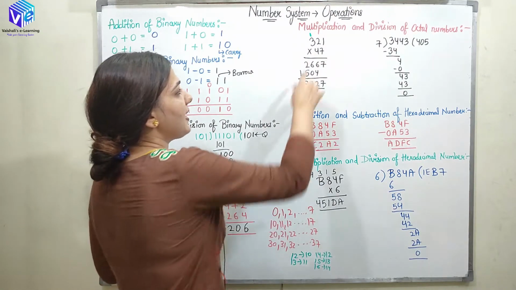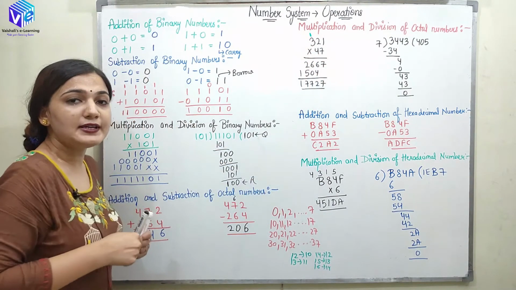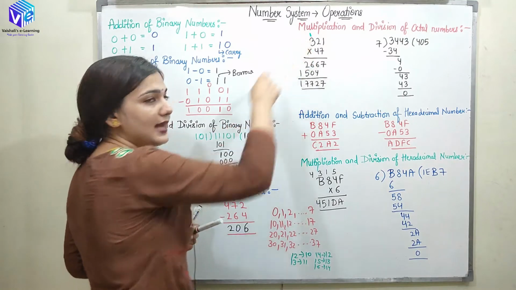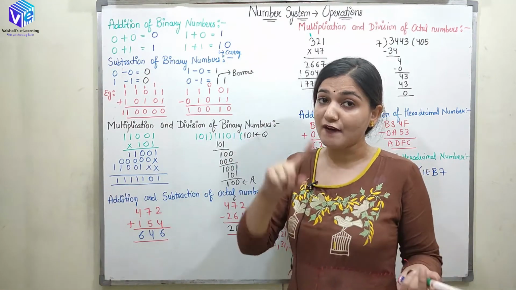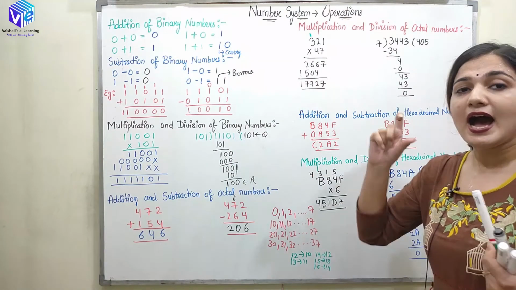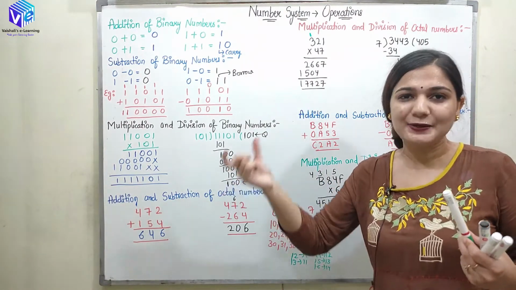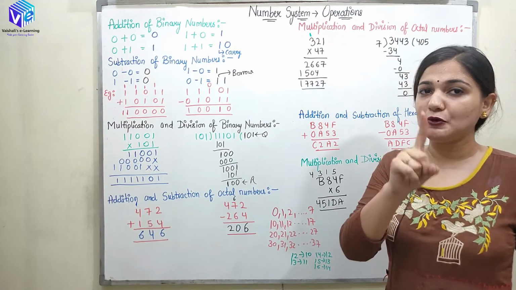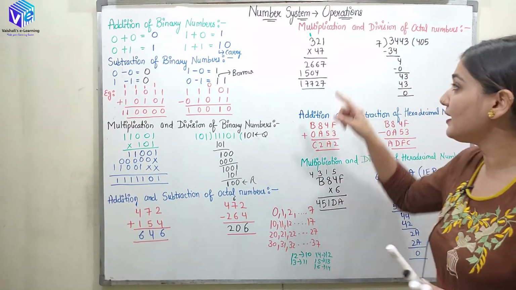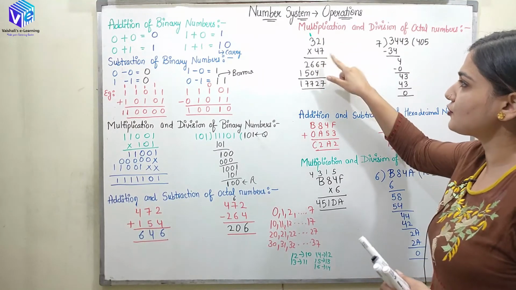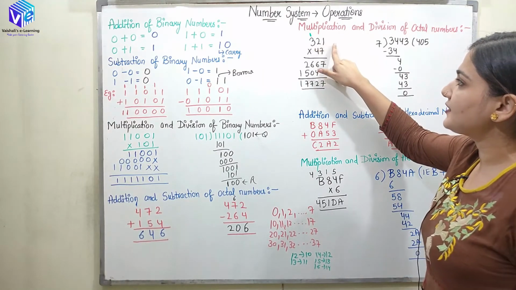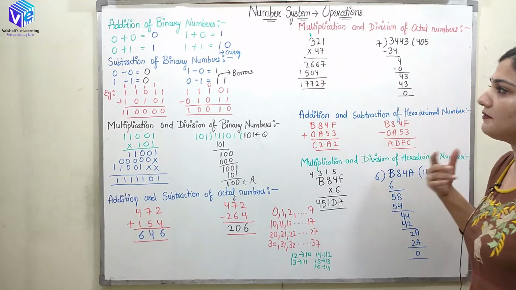Now here we will be having 7 into 3. 7 into 3 is 21 plus 1 as the carry is 22. 22 in the decimal, but I have to represent it in the octal. Either you convert 22 decimal to octal. Now you are very pro in converting 22 decimal to octal. When you convert, you will be getting 26. So 2 6 6 7 you are going to get. Similarly, you can multiply 731 by 4 and you are going to get 1504.